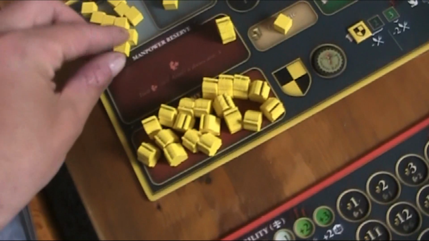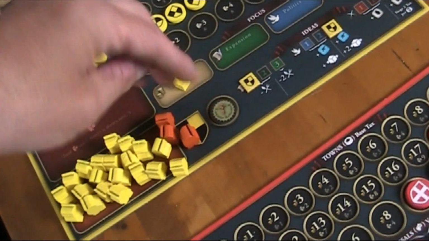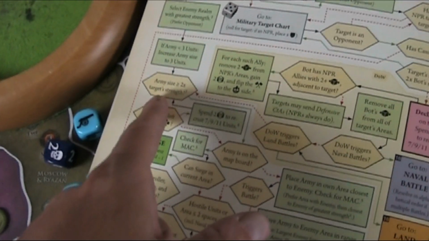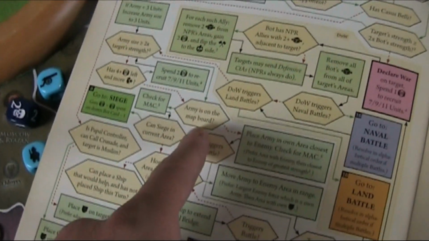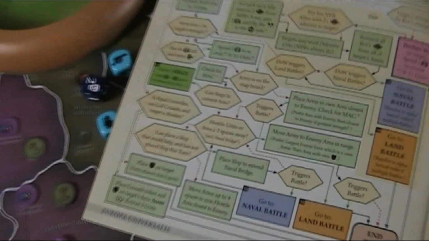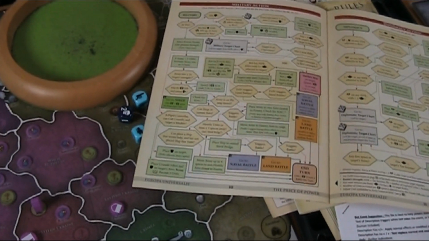So that kind of sucks. We got to spend another 2 cubes to get that last guy in there. But I forgot, we also have our mercenaries. So they will also join the force. Oh man. Okay. And it's still not double the size. We have only 23, I think. So is the army on the board? Yes. Check for MAC. Okay, that's not a lot actually. This is just...